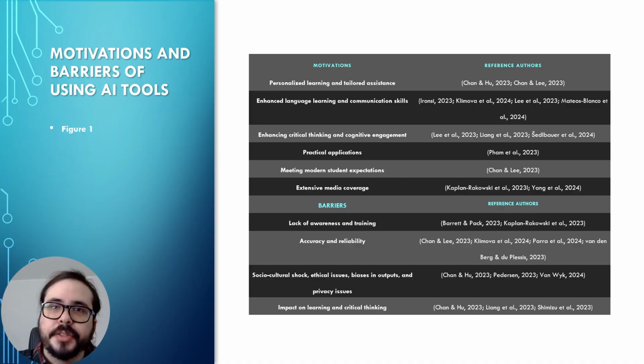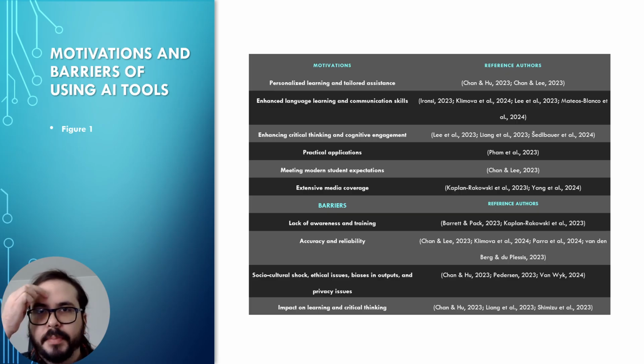One thing you'll notice is that both a motivation and a barrier is critical thinking skills. Critical thinking can either be improved or denigrated by AI tools. This is why a balanced approach is necessary, because otherwise cognitive offloading will happen and people will just outsource all of their critical thinking skills to a machine. You don't want that. And with that in mind, let's talk about some of the academic outcomes.